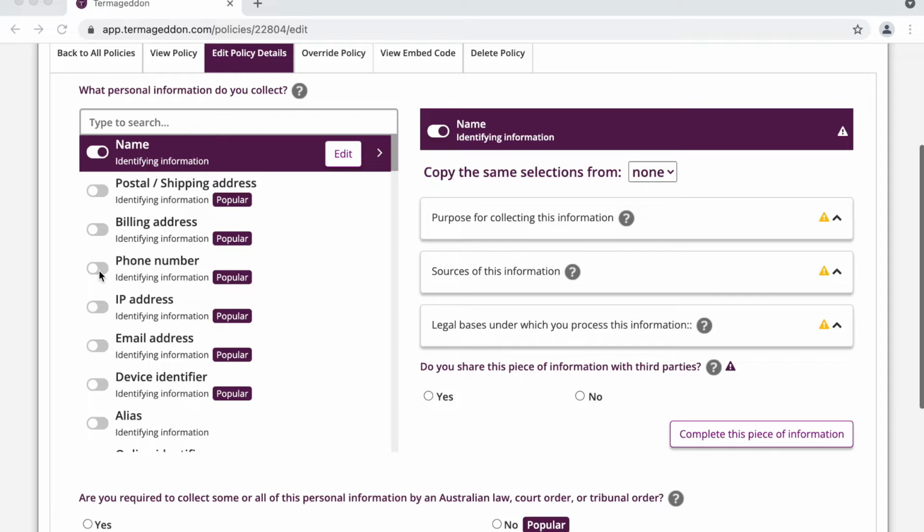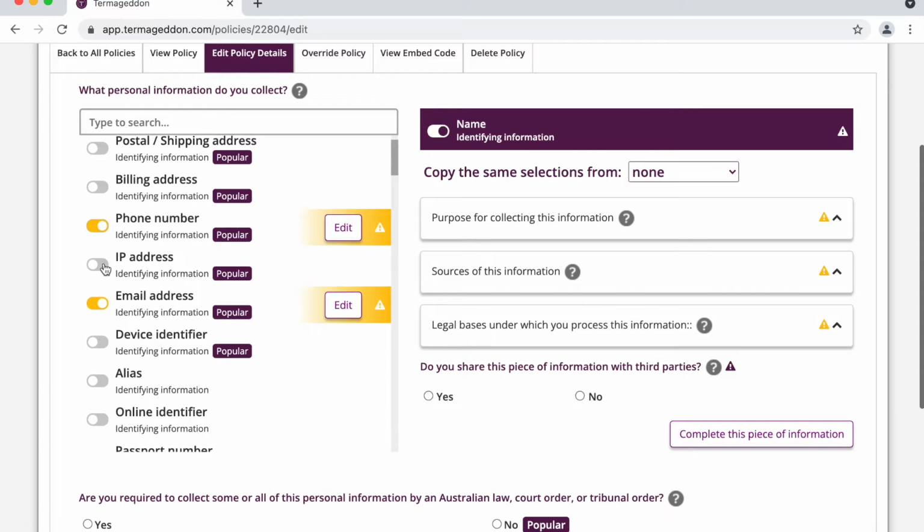In my example, I'll say that I have a contact form on my contact page asking people to submit their name, email, and phone number. So I have selected on the left-hand side, name, email, phone number. In this example, I also have Google Analytics installed, so I will select that I may collect IP address, device information,